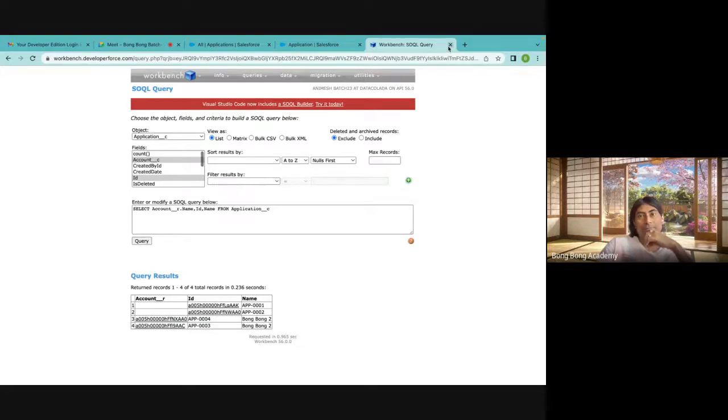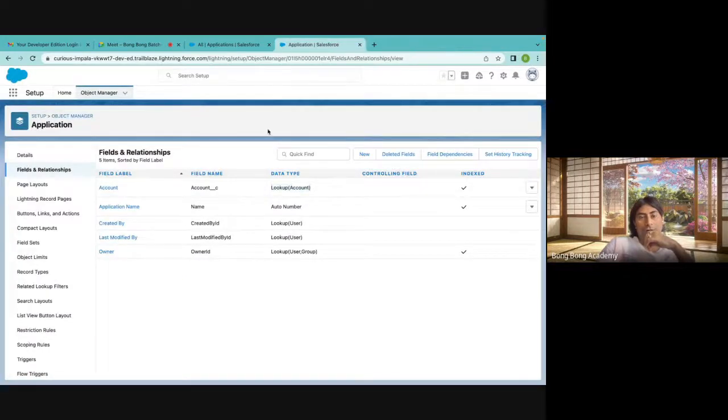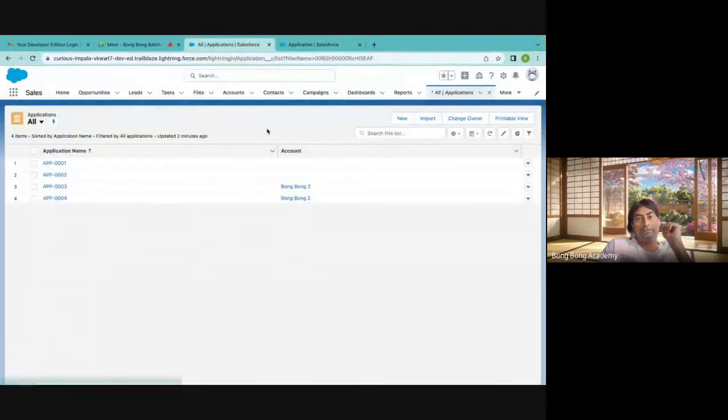So it is important for you to understand that the lookup relationship is basically storing the Salesforce ID. Now it is important for you to realize the ID is unique for a table. When that ID is used in another table for a relationship, that can repeat. Okay. What do we mean? That we'll discuss in the corresponding next class. And we'll discuss foreign key and primary key differences. But overall,